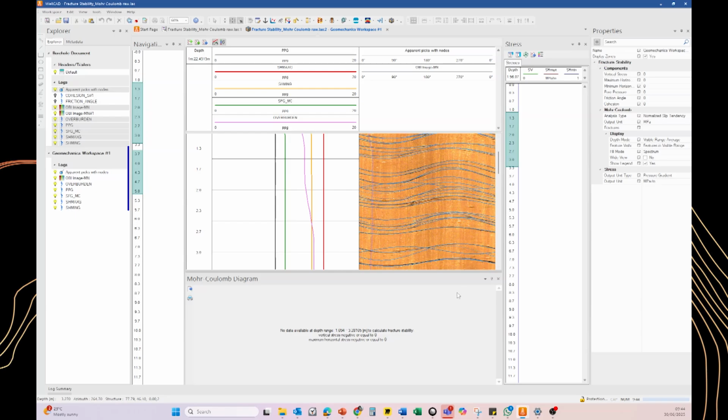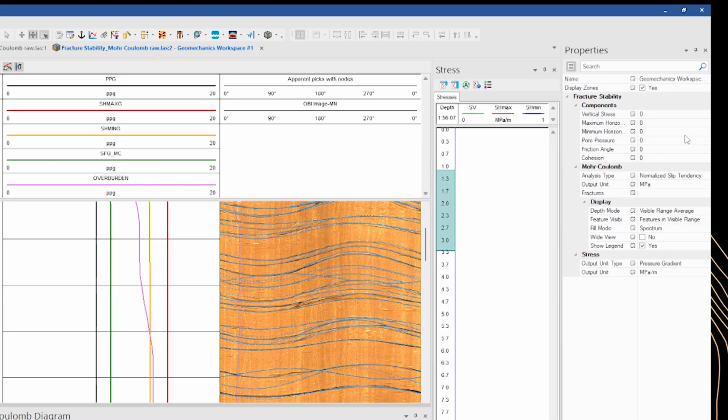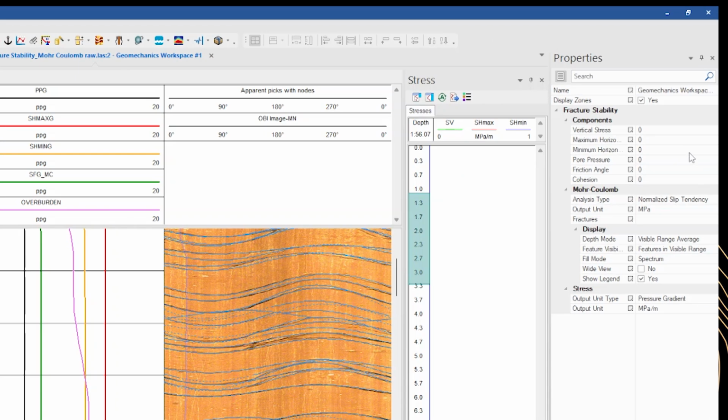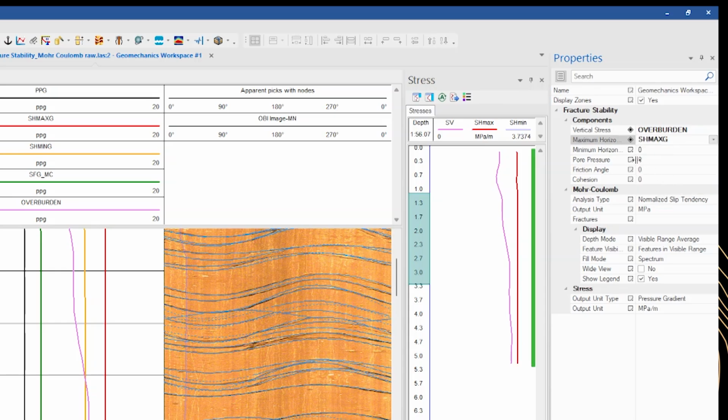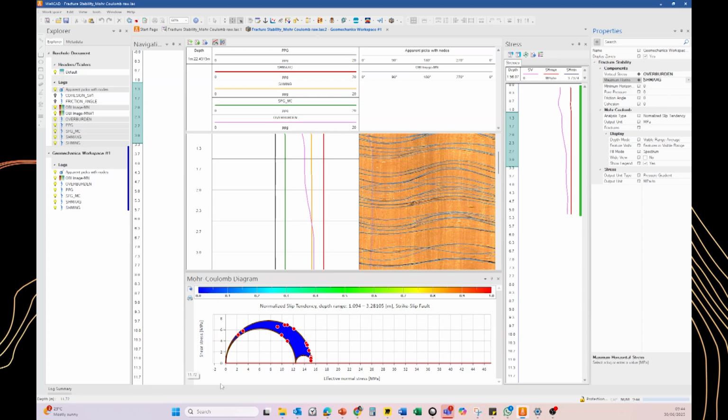We do this in the Properties bar, where we add the various components. We need to add the vertical stress or overburden stress, as well as the maximum horizontal stress, the SH max. At this point, we can see that the Mohr-Coulomb circle has been constructed, but only partially.